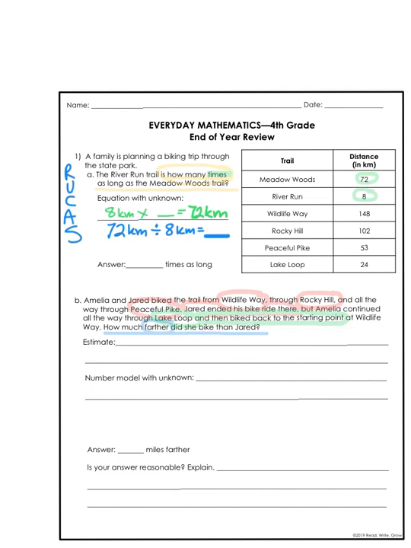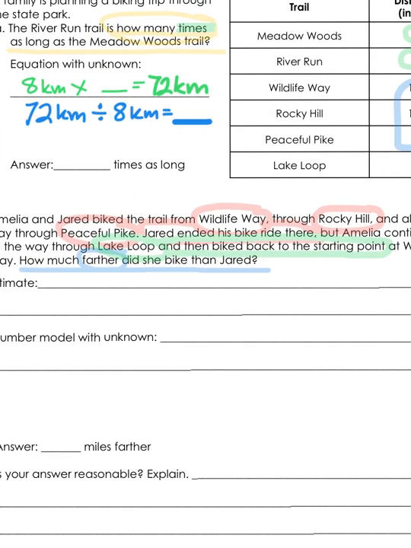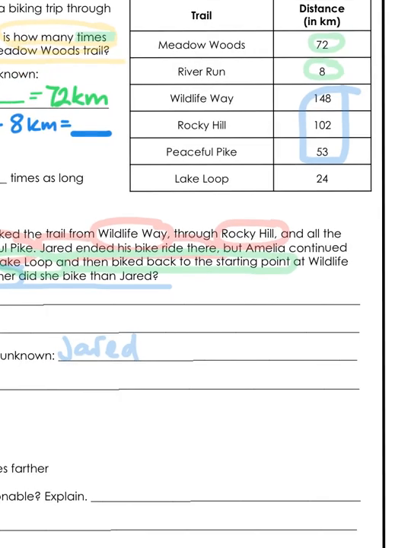Okay, so we're going to first set up the number models, then we're going to set up the estimates, and then I'll let you guys figure that out yourself. So, Wildlife Way, Rocky Hill, Peaceful Pike, all up here. So the number model for Jared would be 148 plus 102 plus 53. Now,